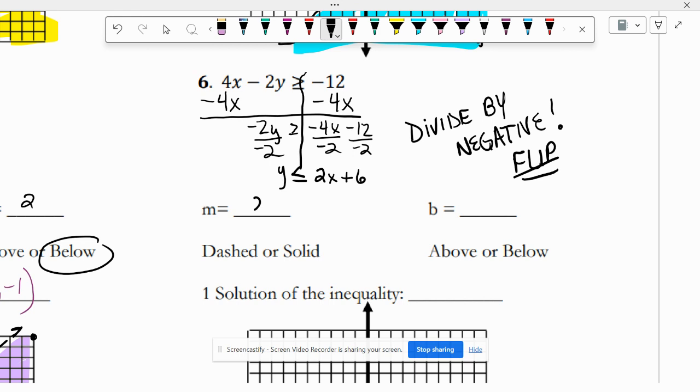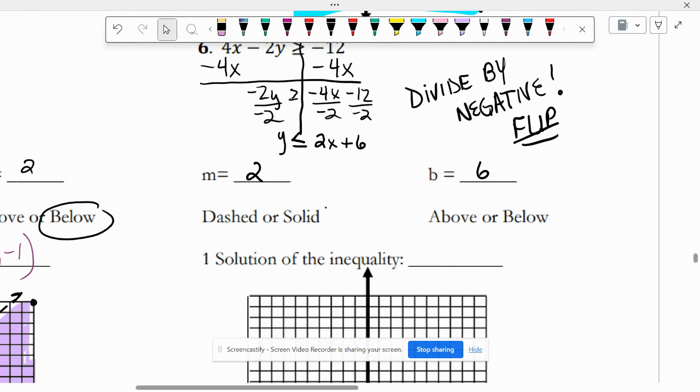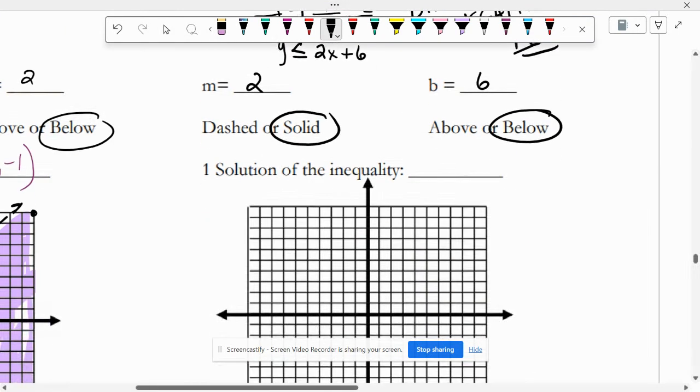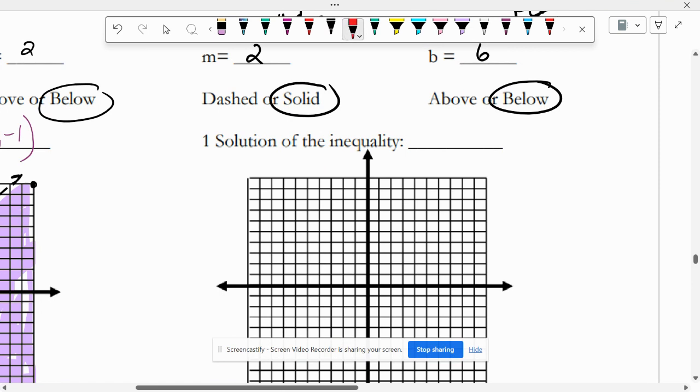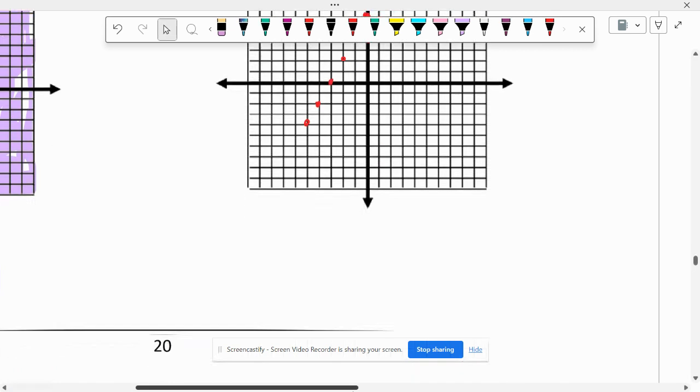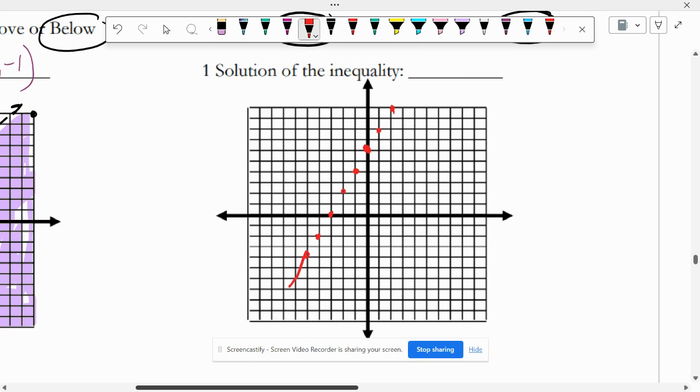Slope, y-intercept, dashed or solid, shade above or below. Okay, so I'm going to begin at positive 6. 2, 4, 6. Slope is 2, up 2 over 1, up 2 over 1, or down 2 to the left 1, down 2 to the left 1, down 2. So when I make this nice solid line, and shade below,